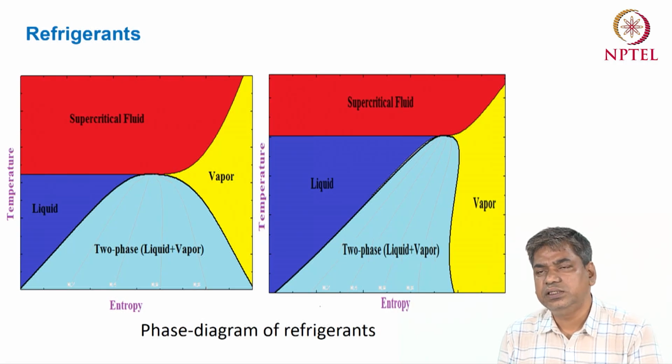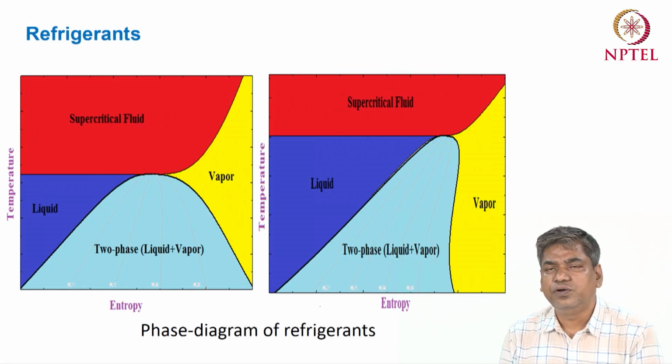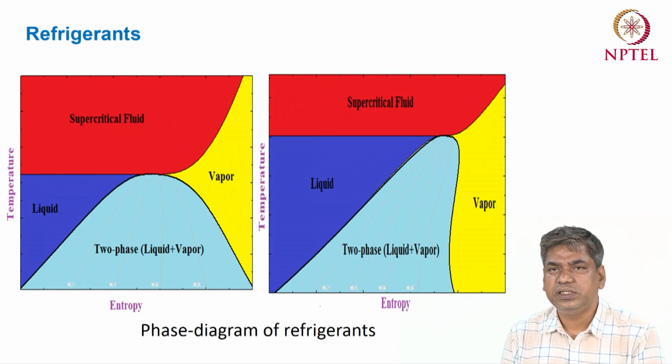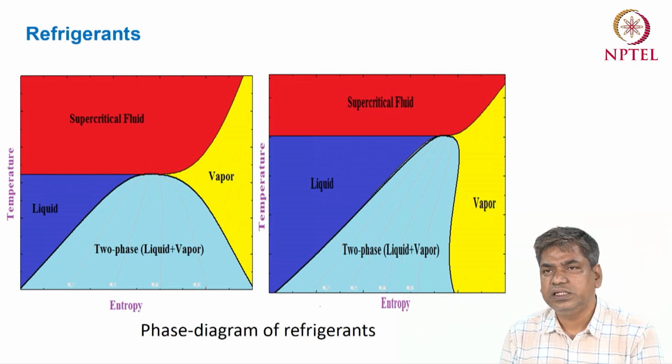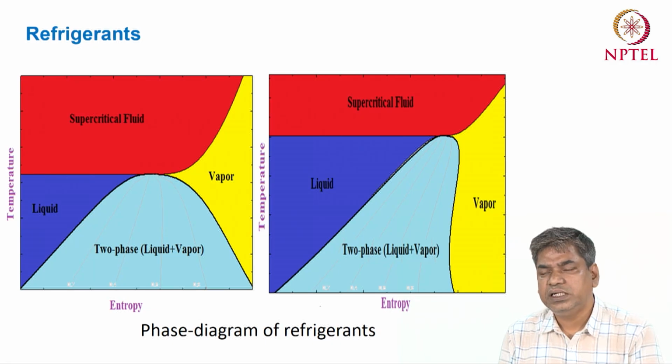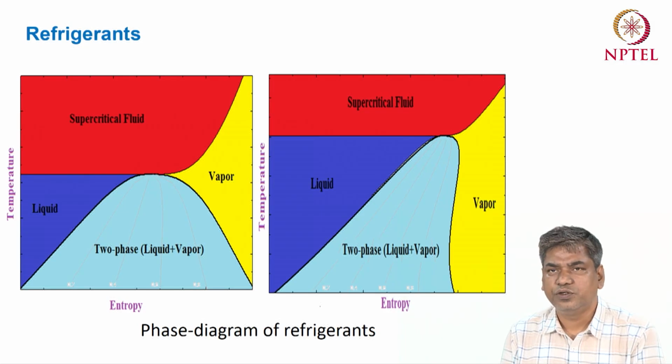So this is just for the second figure. Okay, so in the first figure you will see that the saturated vapor line has a negative slope, and in the second figure we can see that the saturated vapor line has a positive slope. So the supercritical fluid region is similar for all the refrigerants. So the only difference we can see is in terms of the slope of the saturated vapor line.